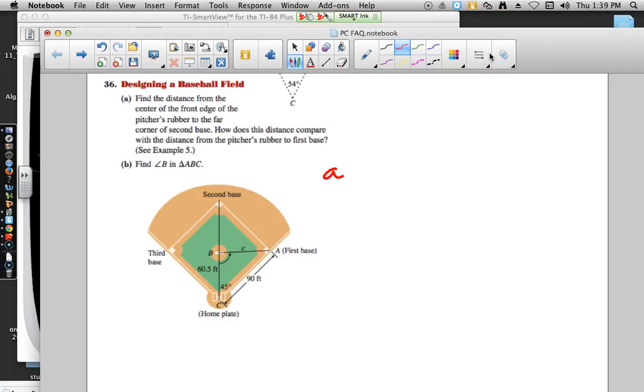Well, there's two ways to go after this one, and the first one is to say there are certain things that we can assume about this baseball diamond. If you don't know about a baseball diamond, then you're going to have to do a lot more work to do this problem. Because what we know is that this will absolutely be a 45-45-90 triangle. We're guaranteed that, and that's because this is a rhombus, and in a rhombus all of the bases that they're running are spaced equally as they go around. It wouldn't make much sense to have somebody have to run farther from first to second base than they do from second to third base, or vice versa. So if that is the case,